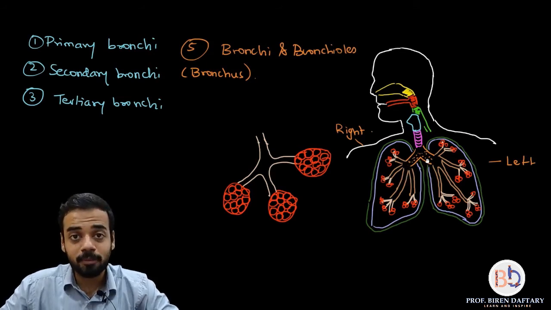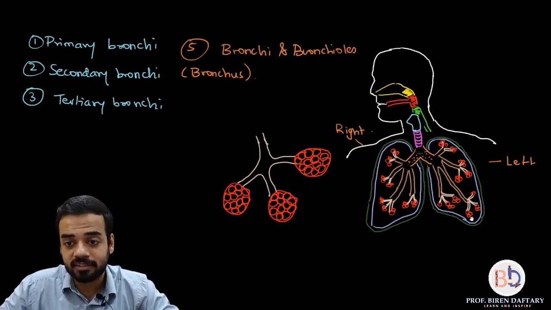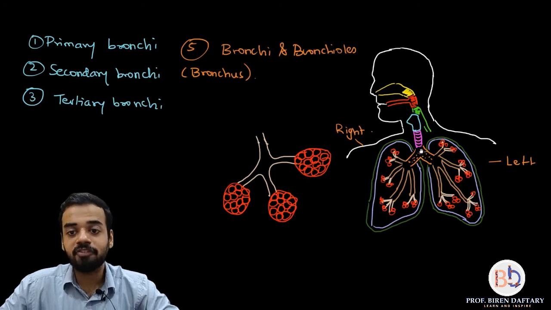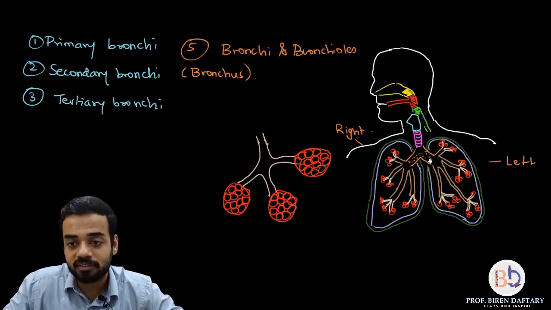Then each primary bronchus enters the lung. You can see the lungs over here. When the primary bronchi enter the lungs, they get divided into many parts. You can see now this entire orange part gets divided into these skin-colored branches over here also.